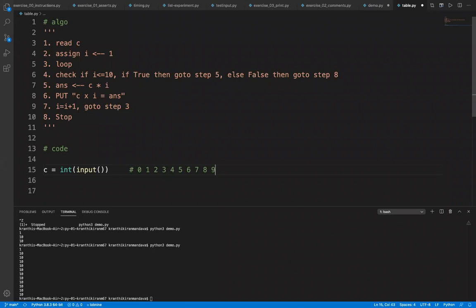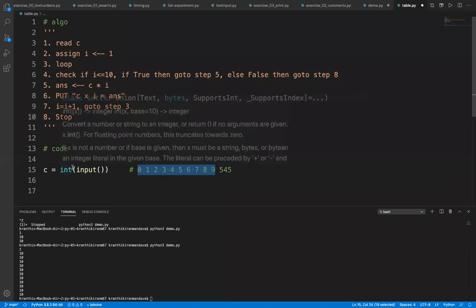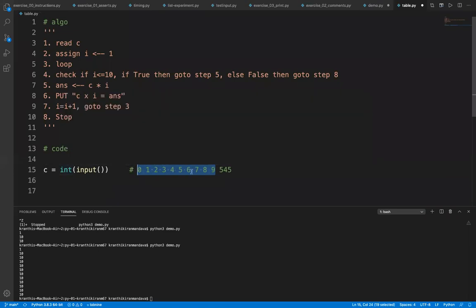So anything that consists of these characters, any string, maybe you write 545. Even though you write it, 5 is considered as one character, 4 is considered as one character, 5 is considered as one character. So these three characters are called one string, but still they are part of the 0 to 9 character set. So this can only be converted into an integer because these are the symbols for numbers in integers.